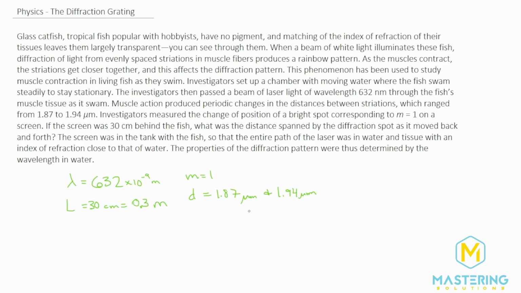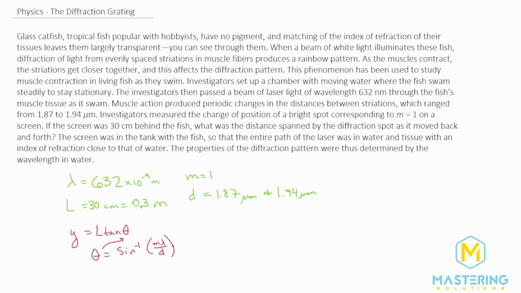Now, the part that I don't really like is the equations that we have to use. Again, I get it. A teacher would say they should be able to understand it, but I think it's too challenging personally. We're going to be using y equals L tangent of theta, and theta equals the inverse sine of m lambda over d. Of course, it's given as sine of theta equals m lambda over d; I just moved the inverse sine over. And now we plug this in for the theta there.